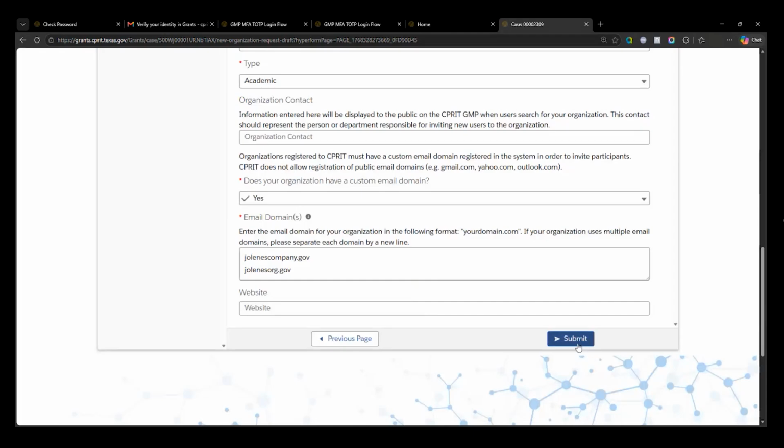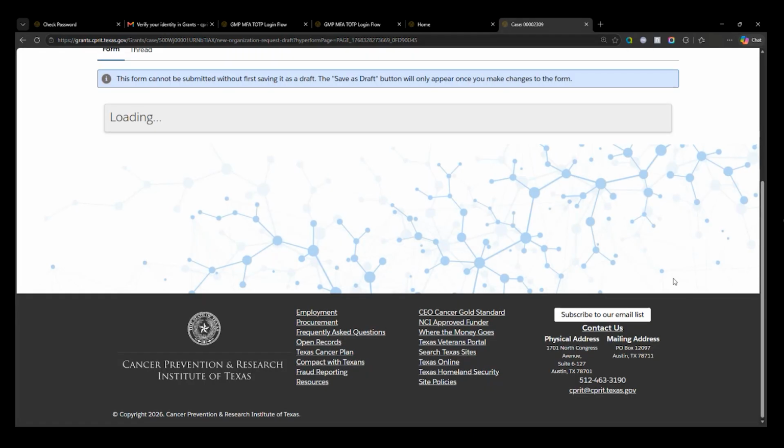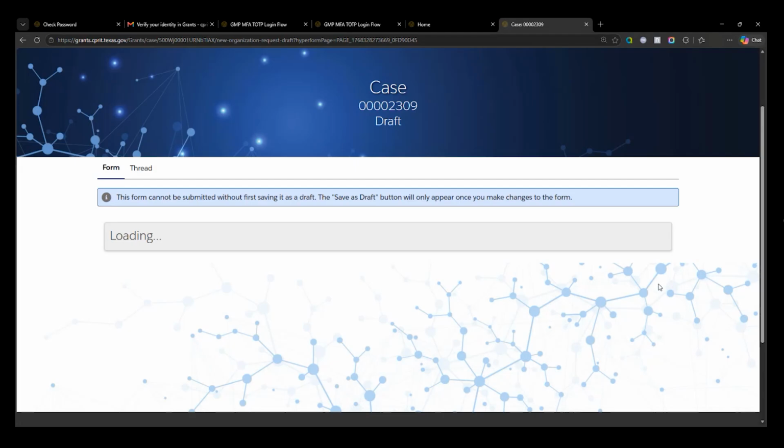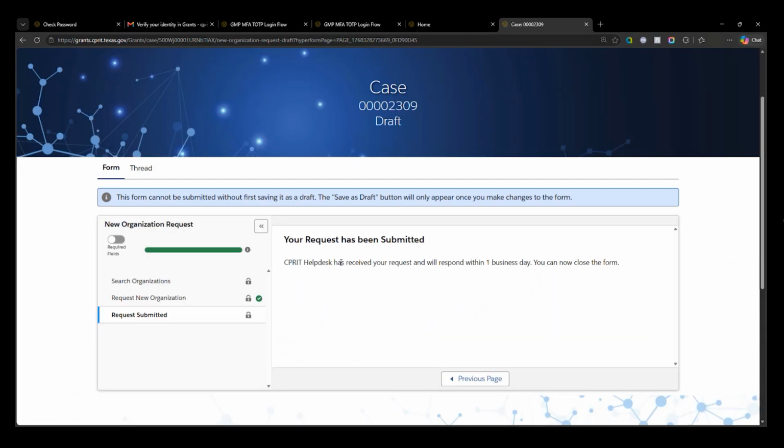And so now I'm going to submit. This is one of the forms in the system that does require a submission. Upon doing so, that should submit this form and its case to the CPRIT team to receive my request and respond within 1 business day. So with that being said, we are now going to go to the last part of this demonstration, which is